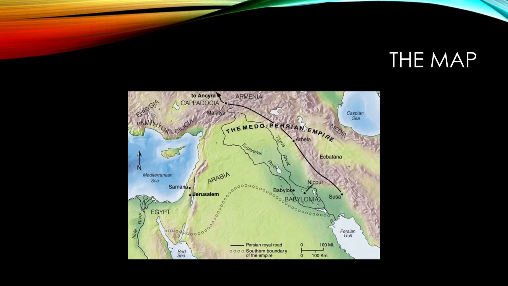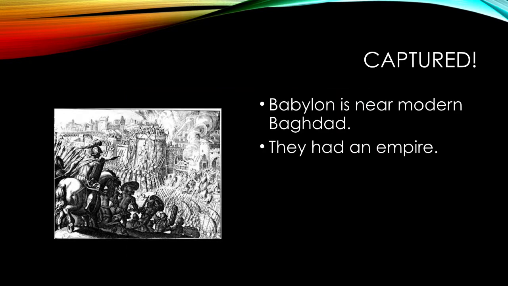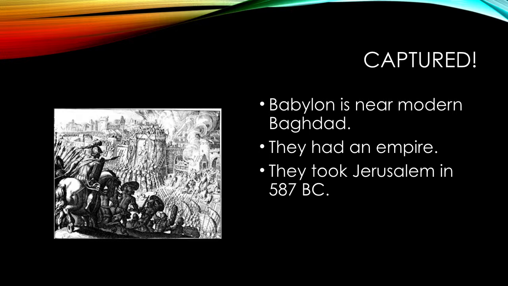At that point, they inherit the northern kingdom, Israel, from the Assyrians, and from about that point on, you have a huge influence over the southern kingdom by Babylon. Finally, Babylon captures them in 587 BC. This is a little summary of what we just said. They capture them in 587 BC, and then they take anybody with any money, power, or influence.